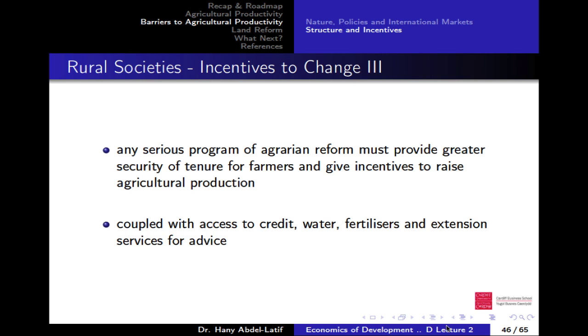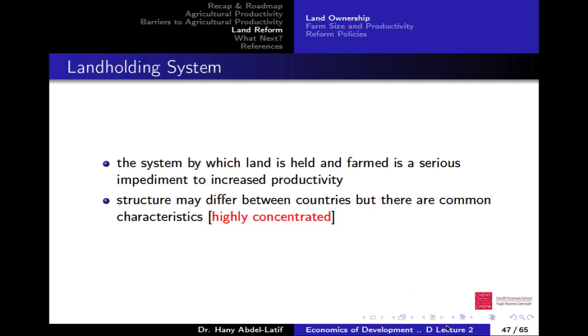So if you want to implement any development program, then you need to put it into context. You need to understand how these people live. So that is the main message. You need to give them real incentive to change, to adopt new technologies, new methods, etc., to take the risk. So the next point is land reform, which is basically based on the way the land holding system is working in those